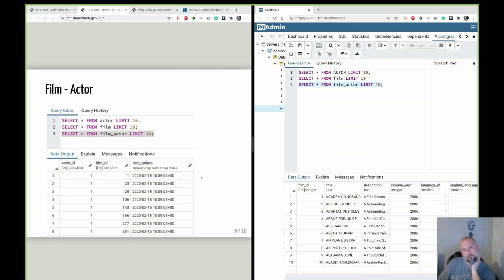In each film, not actors. Okay. It's also joining the actor table and the film table because it's a many-to-many relationship. That's what I was going for. So if we looked over at the ER diagram,